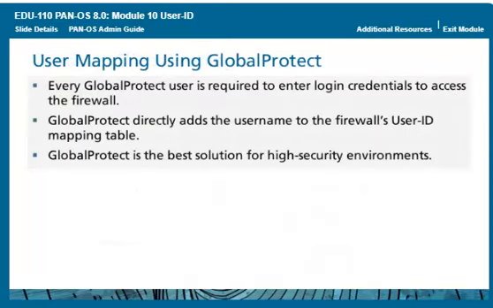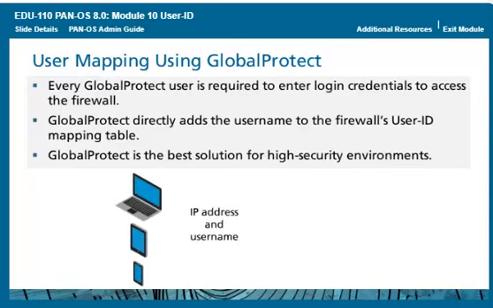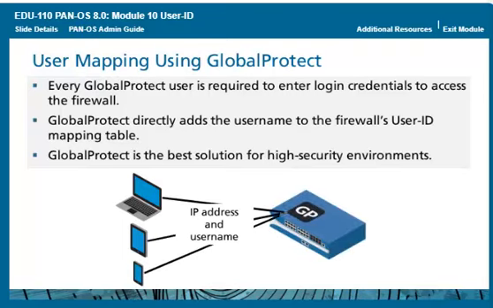For mobile or roaming users, the GlobalProtect client provides the user mapping information to the firewall directly. In this case, every GlobalProtect user has an agent or app running on the client that requires the user to enter login credentials for VPN access to the firewall. This login information then is added to the User-ID user mapping table on the firewall for visibility and user-based